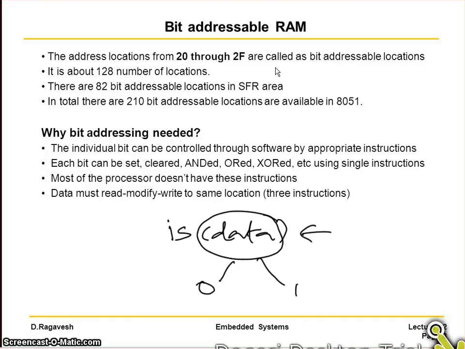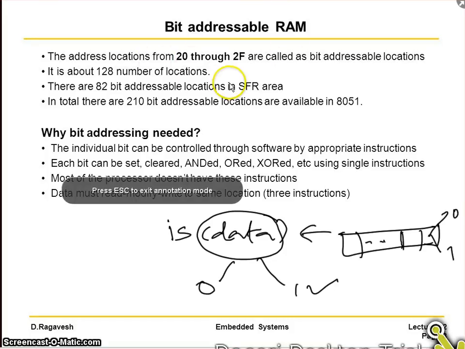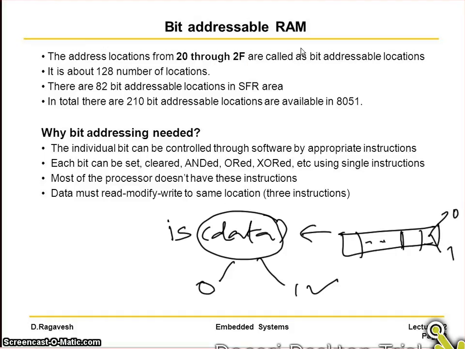If it is 0, we say unsuccessful. If it is 1, we say successful. So if it is 1 and we want to perform a certain action, in such cases we need not reserve a full byte. A byte is comprised of 8 bits. We need to use only a bit which can be a 0 or 1, which is going to indicate to us whether a particular task has been completed or not. So for such applications we will be using this bit addressable RAM, and this is also a special feature of microcontrollers.